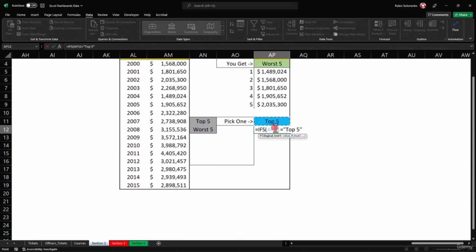Fix that. That should be AP11. Okay. Does that equal top 5? If it does, then go ahead and do the large scenario. So same thing. Large, same reference points, absolute,